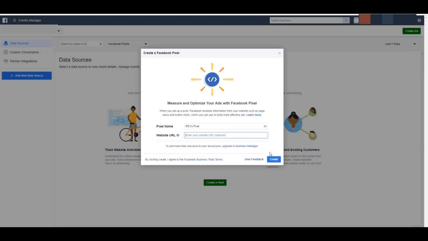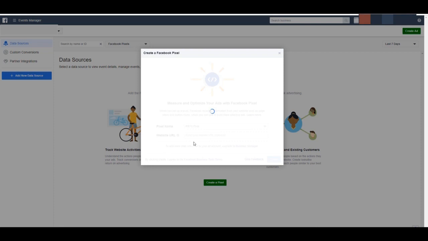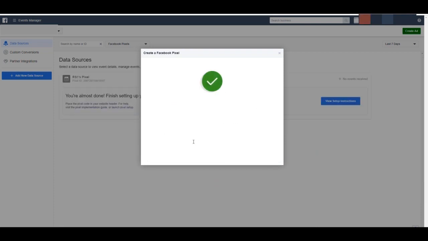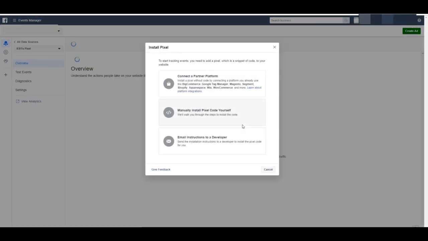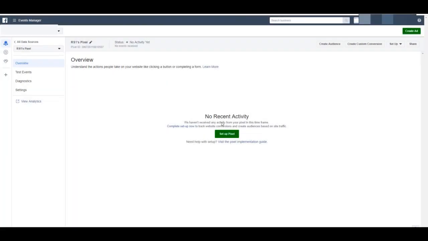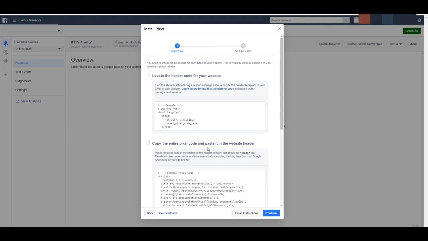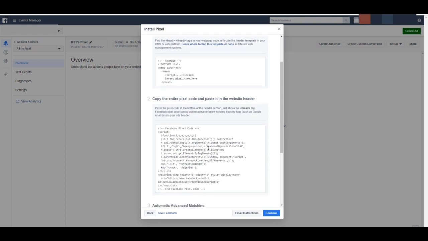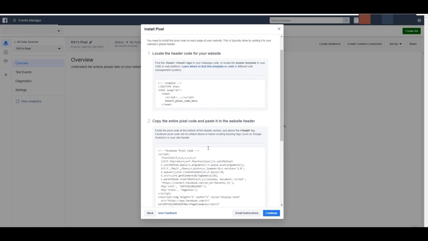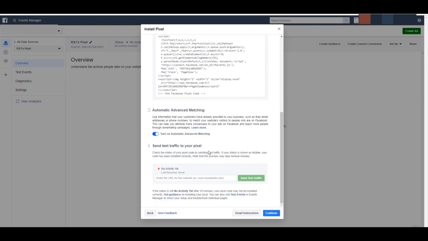So, and I'm going to click in here. So my pixel is now being created. I'm going to give it a few seconds. If you are going to install your pixel manually, this is how you do it using these options. But we are not going to do that because Shopify gives us a simpler way to install our pixel in our store. So we just have to close this window